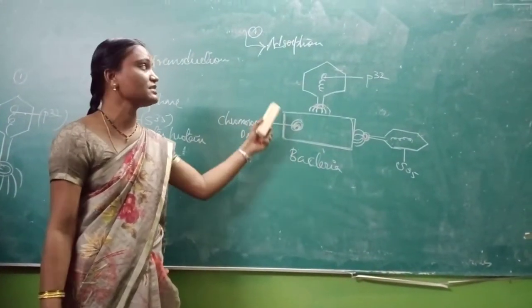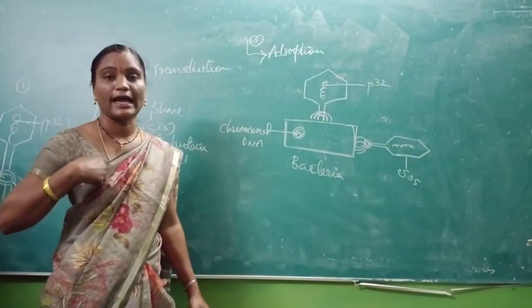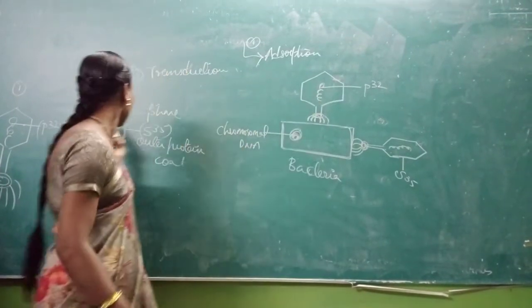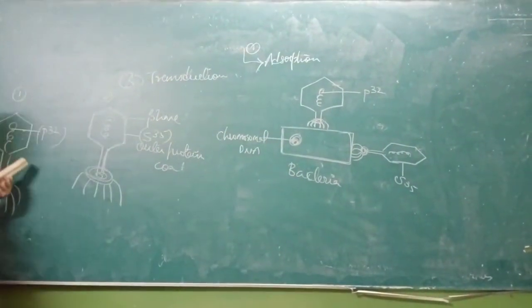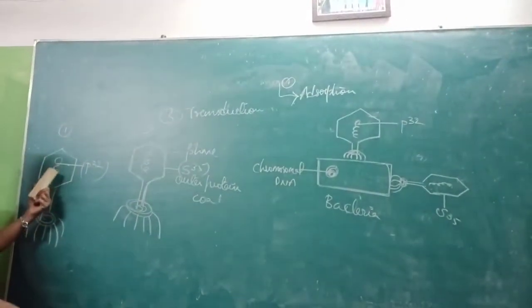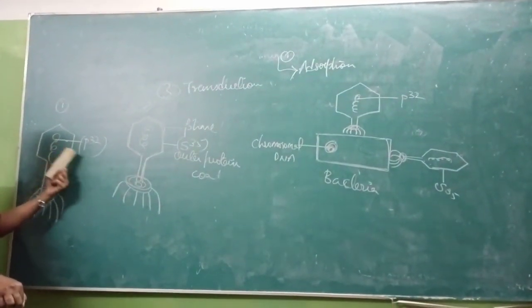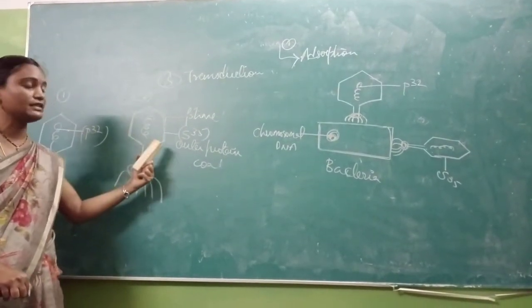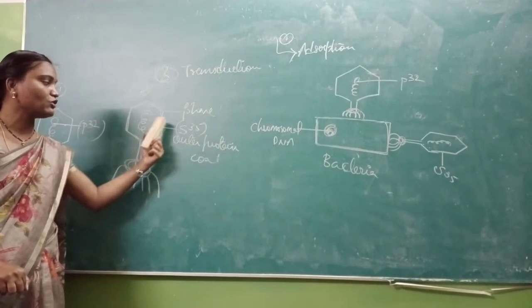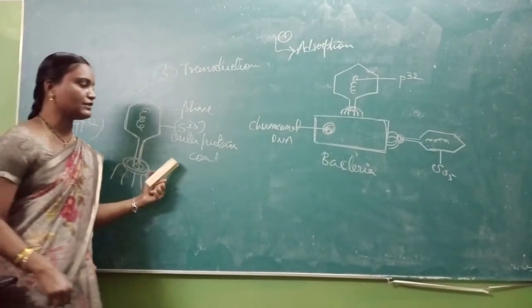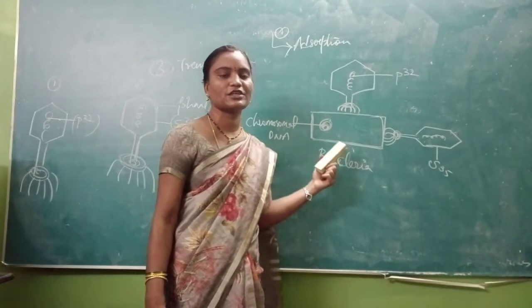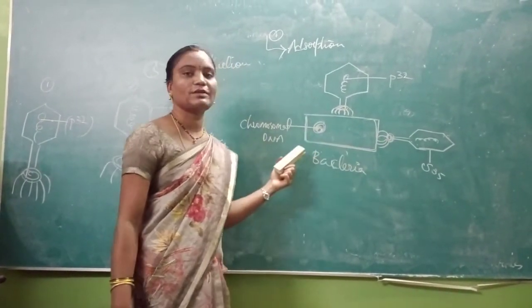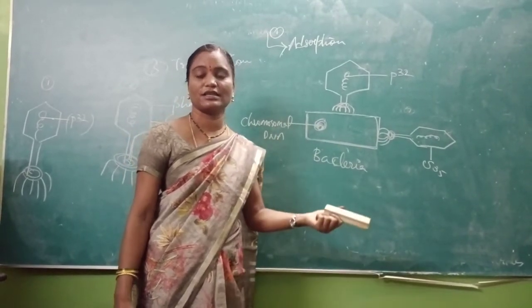So this is the first step, that is adsorption or attachment. Here, with the help of the spikes, the first phage molecule, as I said earlier, has its phage DNA radio-labeled with P32. And this is the second phage molecule, where the outer protein coat is radio-labeled with S35. Now, both of them are left for infection with the bacteria. Both of them are getting infected. They are in this lytic cycle.